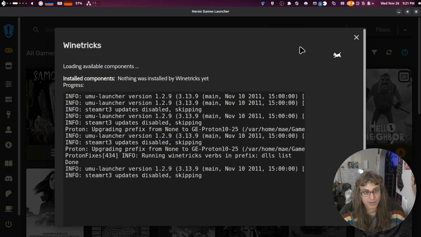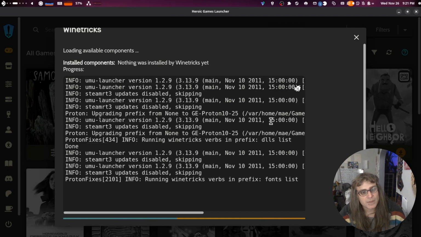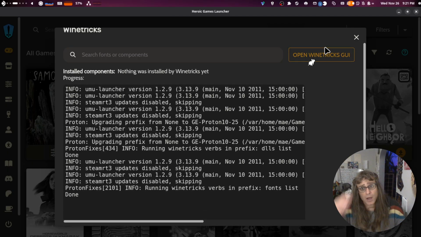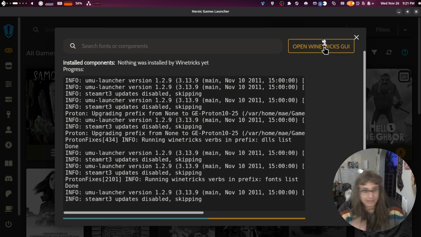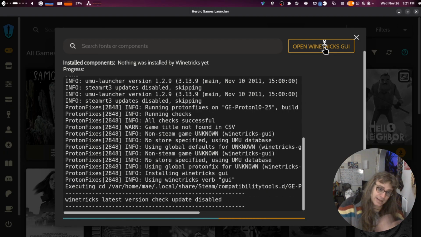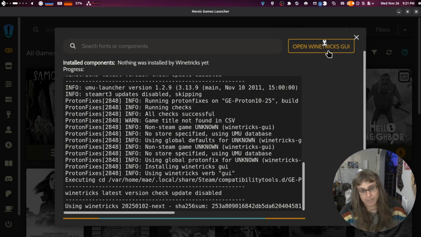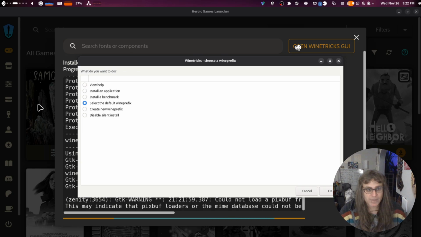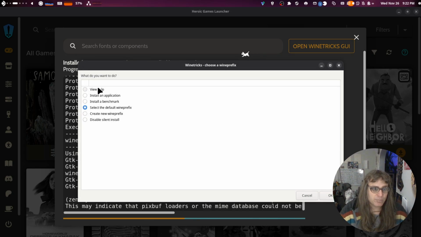It's setting it up, and it'll show up here in a minute. I've never done it on this prefix. There it is. Open, and then it takes a minute. And there it is. It's ugly, but in here you can install applications, benchmarks,